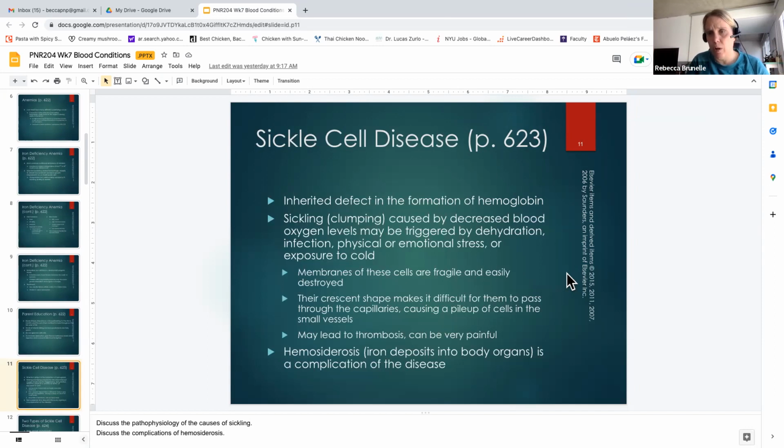Does anyone know the ethnic population that is more likely to have sickle cell disease? African American. It's going to be African American. And so it's genetically inherited. In order to have the disease, you have to get the gene from both parents. But if you inherit it from one, then you can have what's called sickle cell trait. And patients with sickle cell trait can have a wide variety of symptoms, where sometimes they have more problems than other patients, and some of them are asymptomatic.